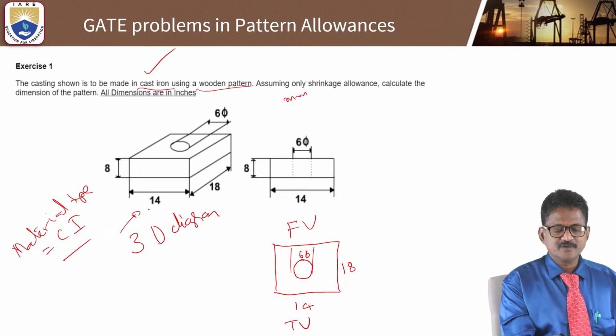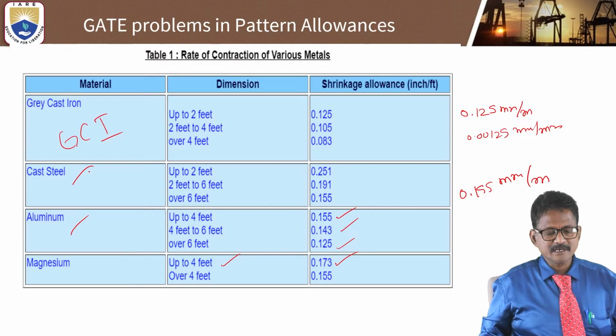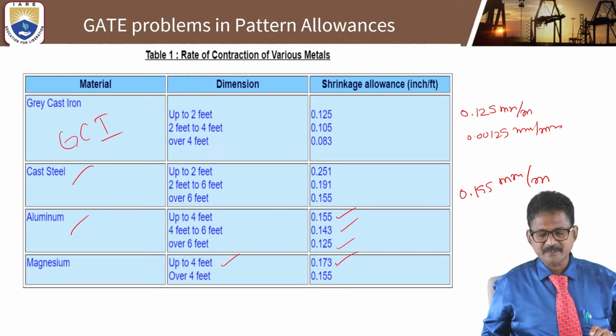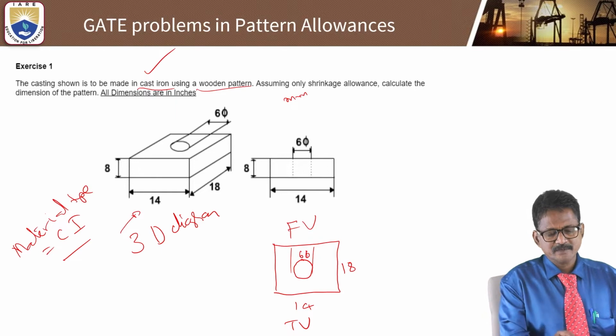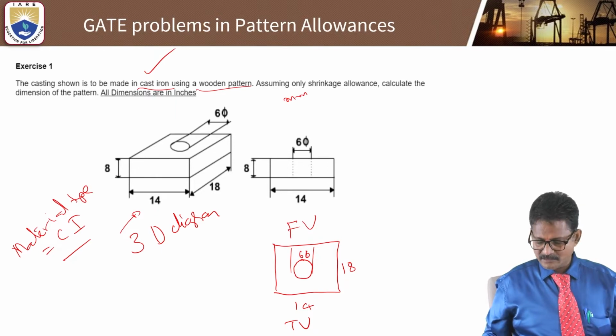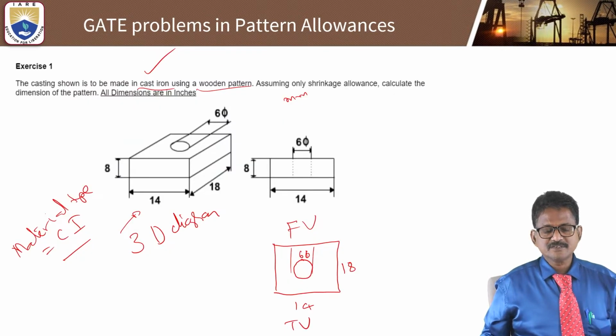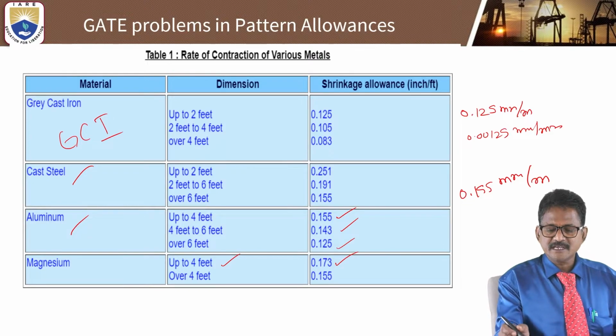Here 14 inches, 8 inches. Here look, over 4 feet. In this problem 8 is there, 14 is there. So all the units will be above 4 feet only,